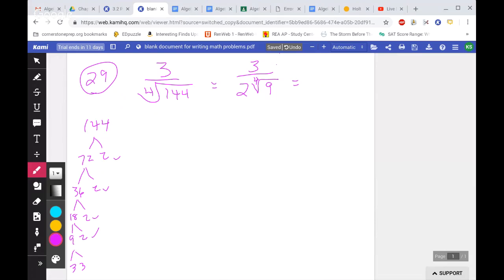I'm thinking in my head, this is another pattern that I just saw. How many 3s do I have in 9? 2. So then I only need 2 more to get it out, right? Right. So if I do the 4th root of 9 times the 4th root of 9, top and bottom,